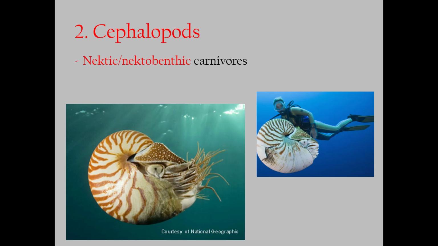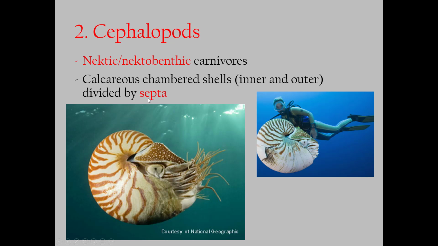Cephalopods are nektic or nektobenthic carnivores. So nektic means that they're capable of free swimming. Nektobenthic means that they are capable of free swimming, but often rest on the bottom. And that's what benthic means, is bottom. So cephalopods are really cool. They have these calcareous, meaning they're composed of calcite, CaCO3,